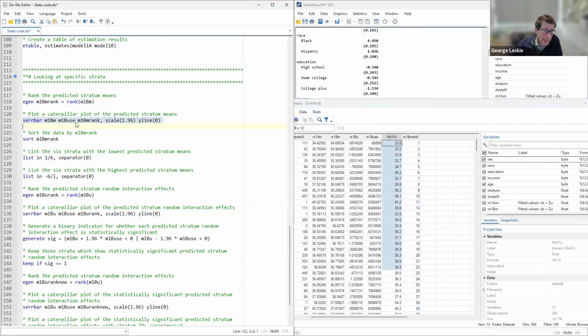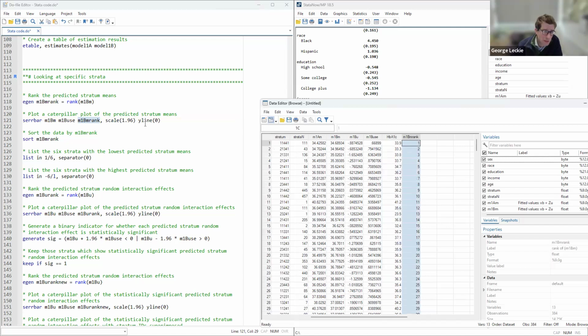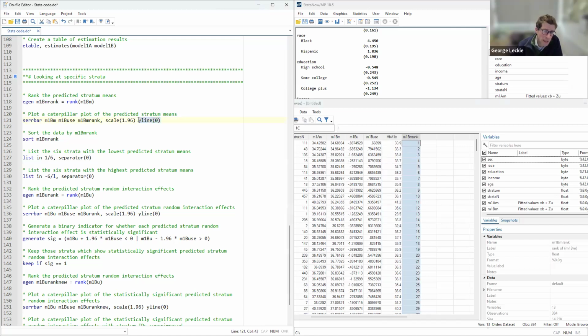And then I can plot a caterpillar plot, so a standard error bar plot, plotting the means and their standard errors, and we're going to turn standard errors into confidence intervals by scaling them up by 1.96. On the x-axis, we're going to rank them using this variable, from 1 to 384. We're going to draw a horizontal line at 0, because we're interested in how